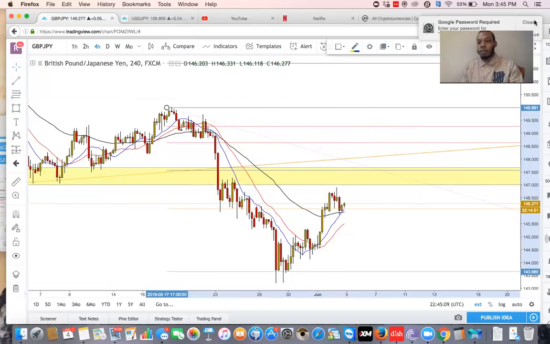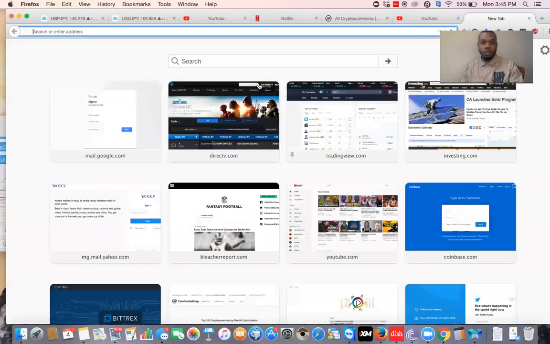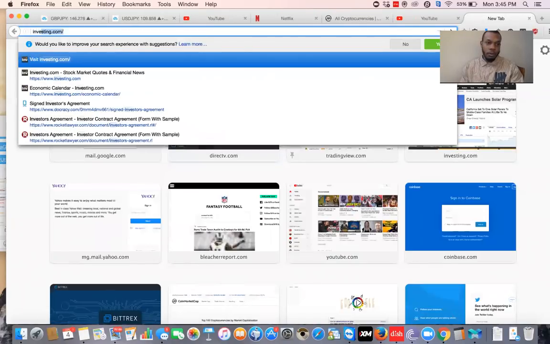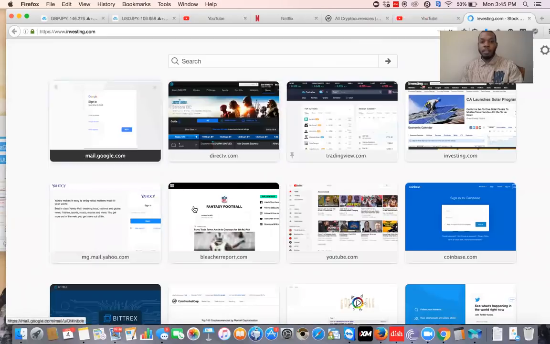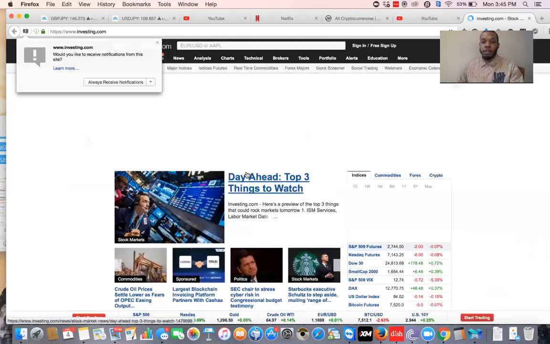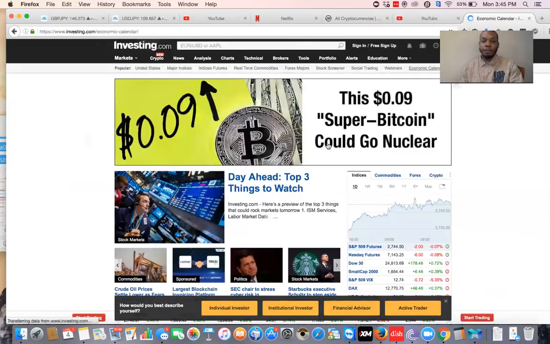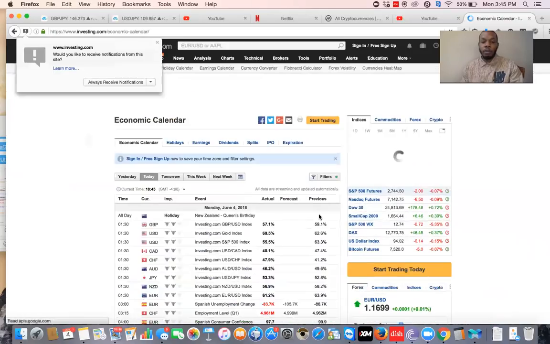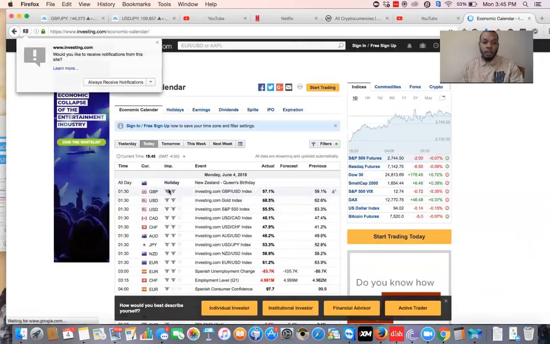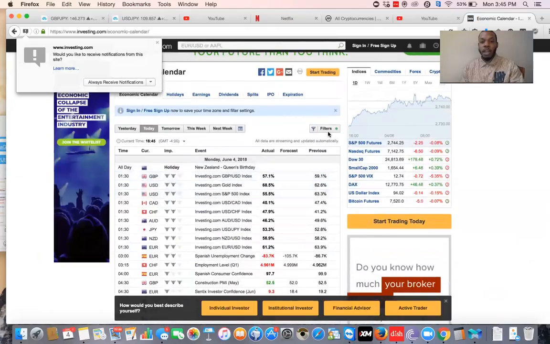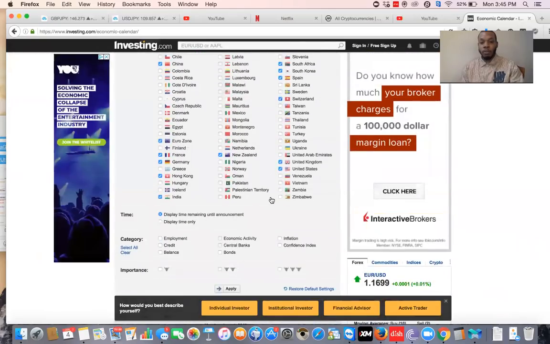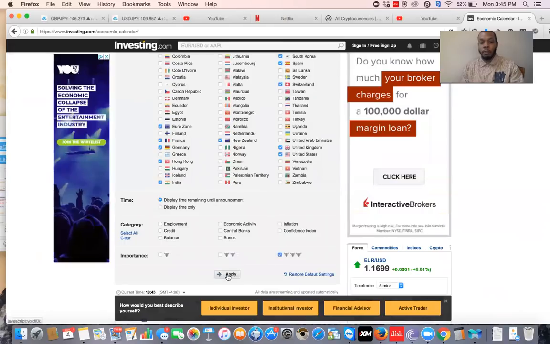real quick, let me just show you guys. You can come to investing.com and they have a bunch of different stocks, cryptocurrencies, forex pairs. I usually use it for forex pairs. So you just go to economic calendar to the right, and then they have the fundamental news events. So for me, right here they have the bulls. So one bull is less volatile, two bulls is medium volatile, and then three bulls is high volatility. So I usually wait for the three bull news announcements because that usually either moves the market for my entry or helps my actual